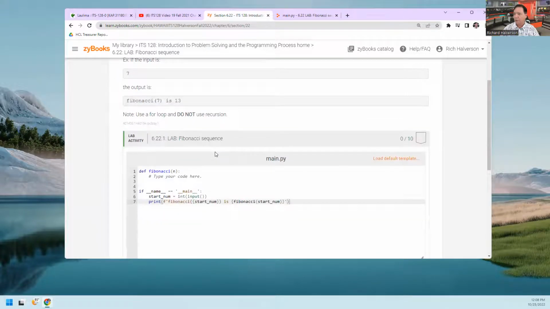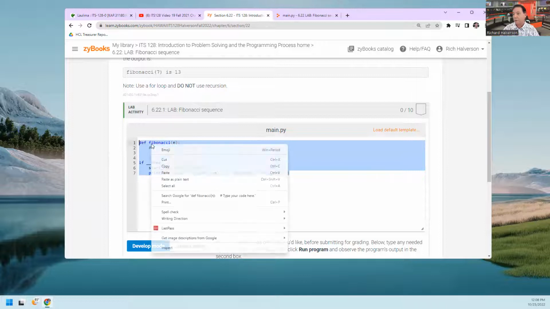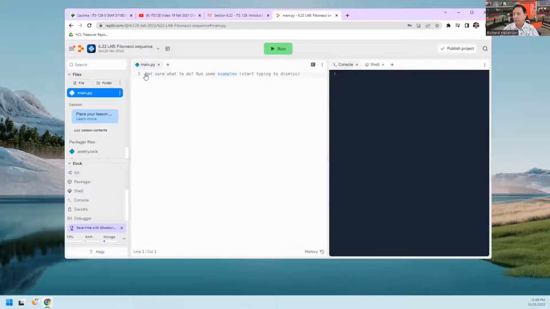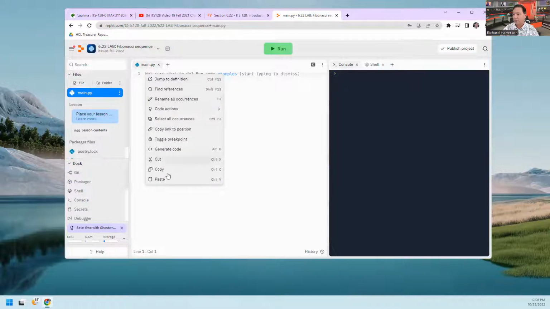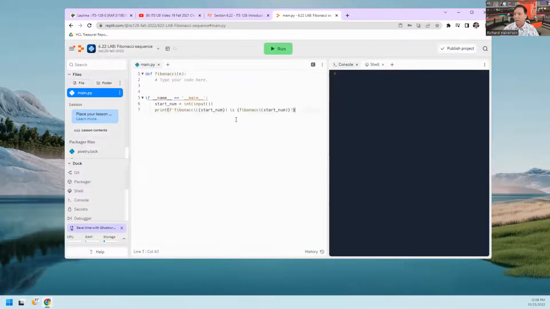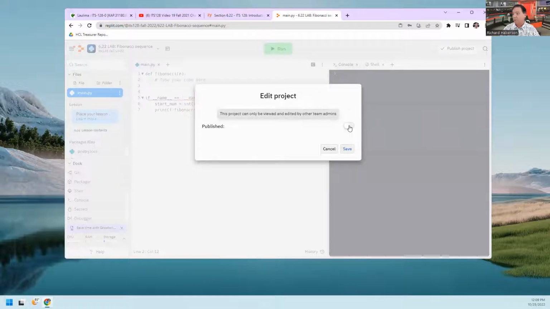And so we are going to start with this code here. It appears. So I'm just going to copy this right here. Copy. And I'm going to paste it over here. Paste. Yeah. Okay. And so this is going to be where the program goes. I'm going to type the program in right here. And so right now I'm going to publish this thing just so we see that it works. I'm going to say published,